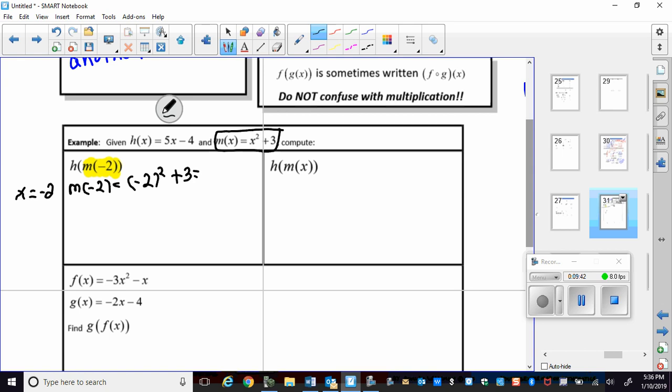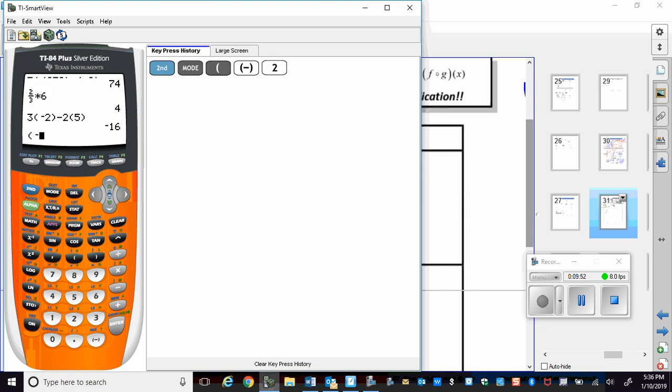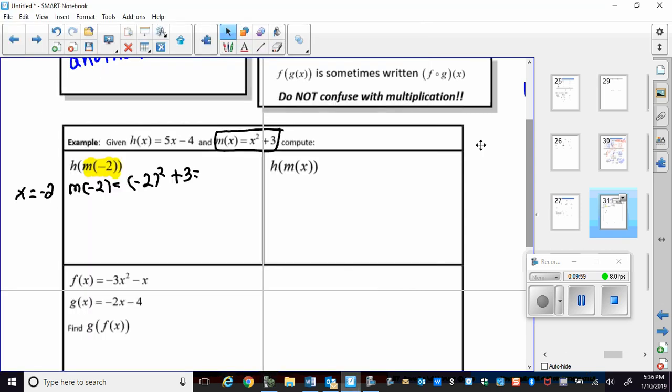Make sure you're using the parentheses there. I'm going to put that in my calculator: parentheses, negative 2, square it, plus 3. Enter. 7. So m of negative 2 equals 7. I'm going to replace all of this with 7 and have h of 7